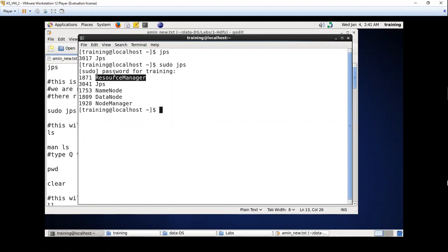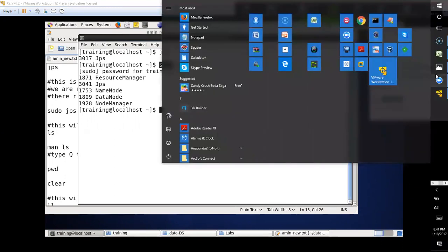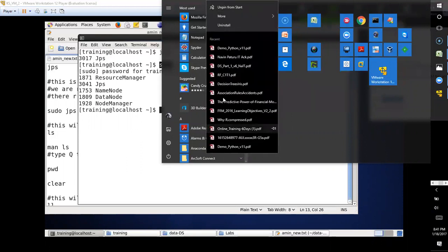What else can I say? Sudo. What is this sudo? JPS is a Linux command we're executing, asking it to show Java processes. When we say sudo, we are saying super user do. It's like in Windows: you go to Start, select any program, right click it, and there should be something like run as administrator. Okay, I don't have it here, but I should have something like run as admin. When I run as admin, we will